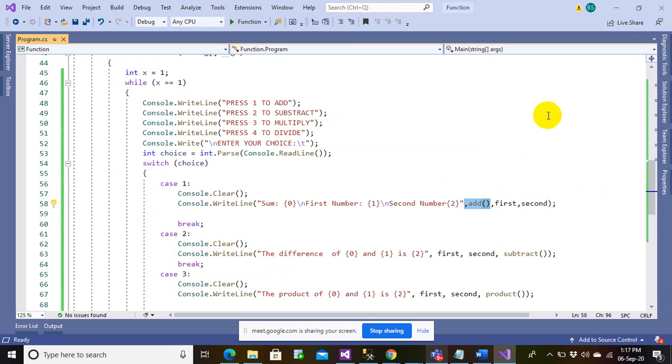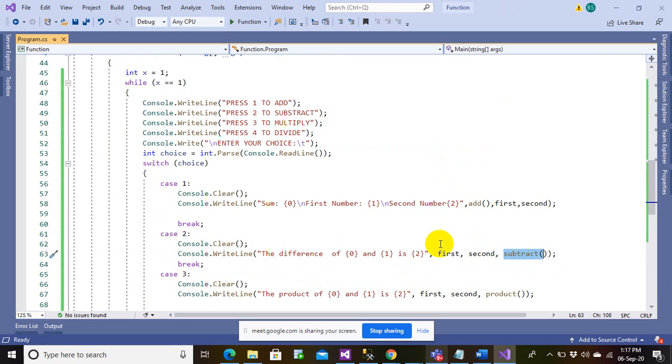You have to be very careful in making a function call, everyone. What you call at the beginning really matters, so you have to make a very good sequence. Sequencing has to be done: what has to be called in the beginning and what has to be called later on. For example, here, if you are calling this function later on, first will initially be 0, second will initially be 0, and after calling subtract, the value of first will change and second will change.